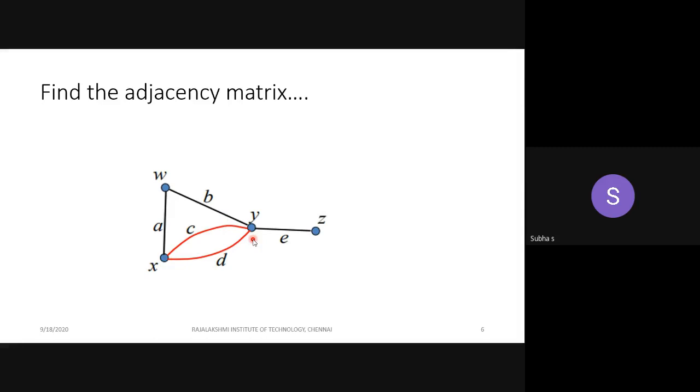Okay, this will be a rare question only, but you have to remember this also. If there is edge means don't put only 1. If how many edges are there? Similarly, from Y to X, 2 edges are there, so put it as 2. For other things, same concept only. Either put 0 or 1. Got it? So that is the adjacency matrix.